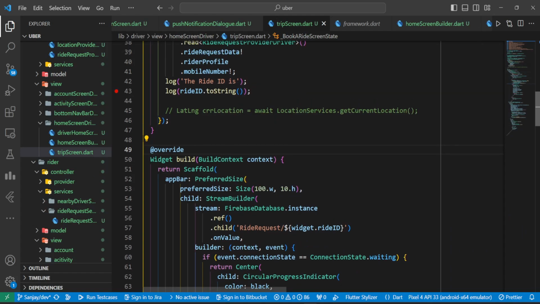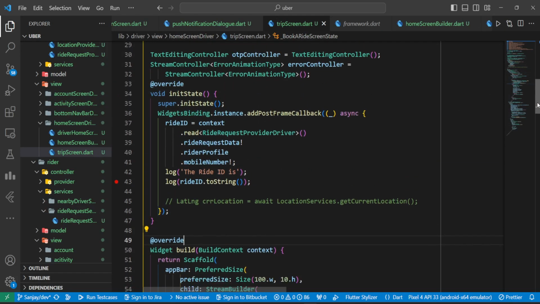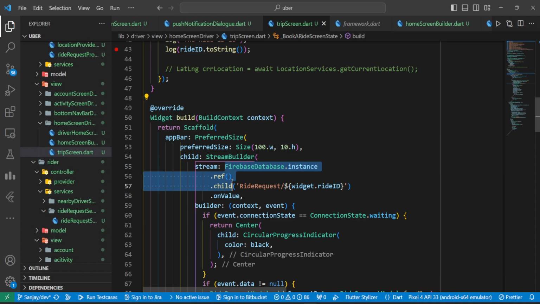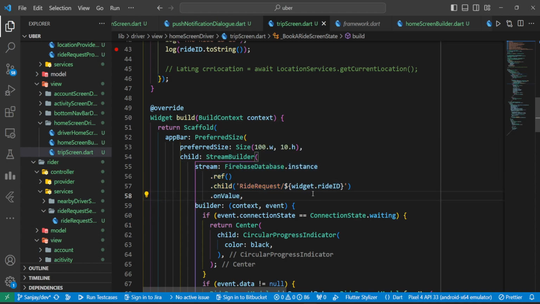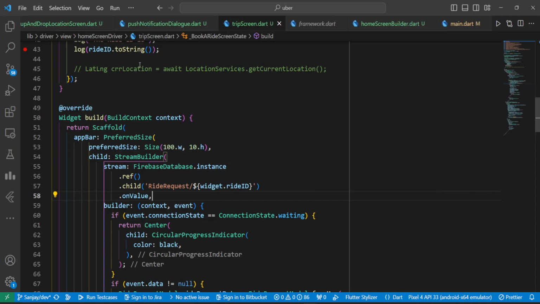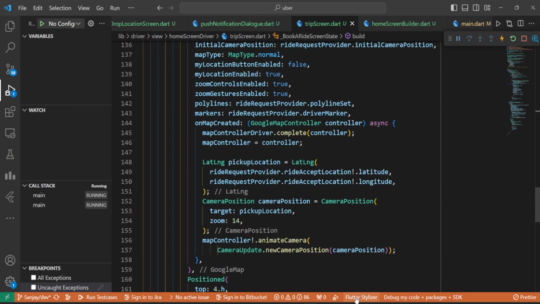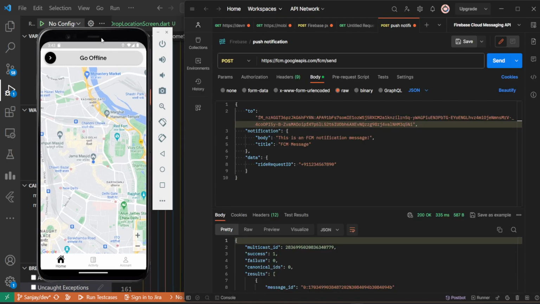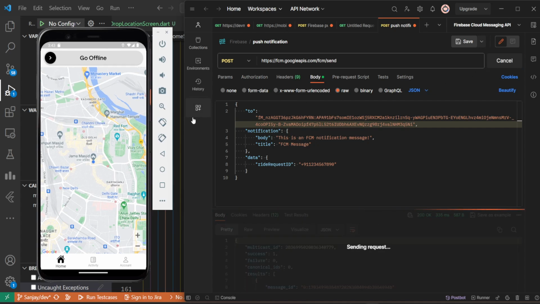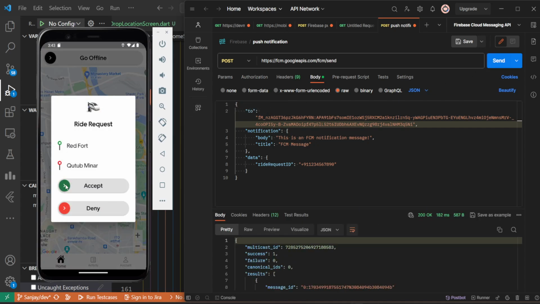Instead of initializing it ahead and then using it, let's make it a little easier. Let's pass the Firebase instance ref ride request child widget.rideID in the stream only. Okay, let's just go with a new push notification and accept it, and let's see what happens. So here our app is ready. Let's go with a new push notification and check it out. So we'll go for a new push notification, we will accept it,